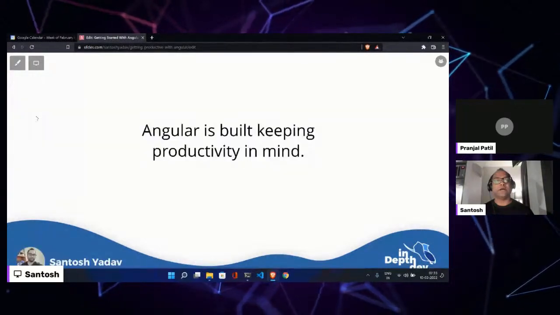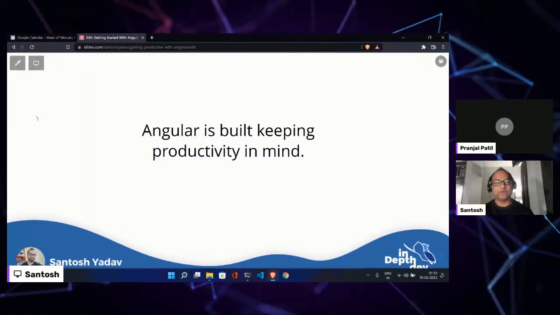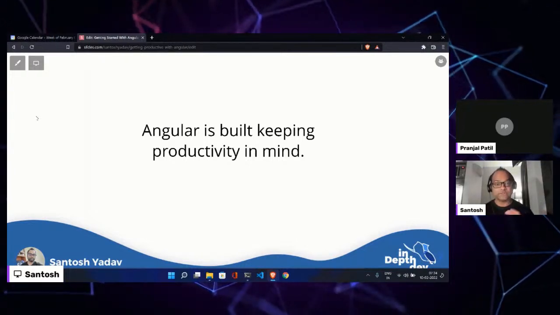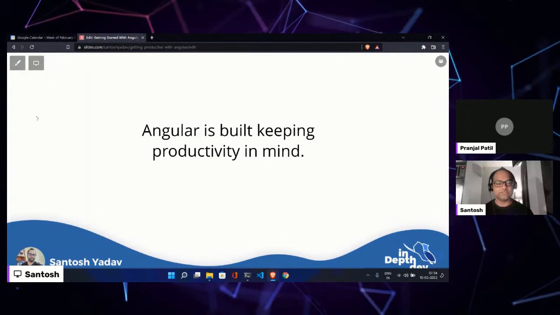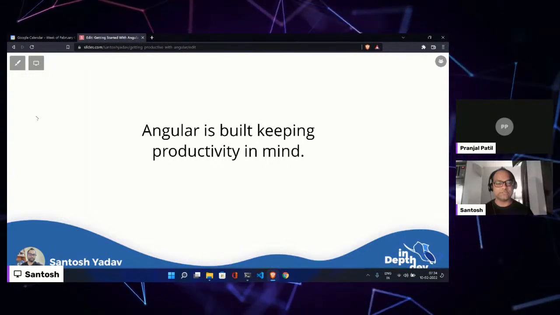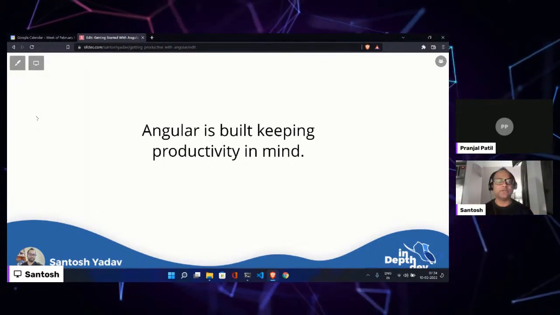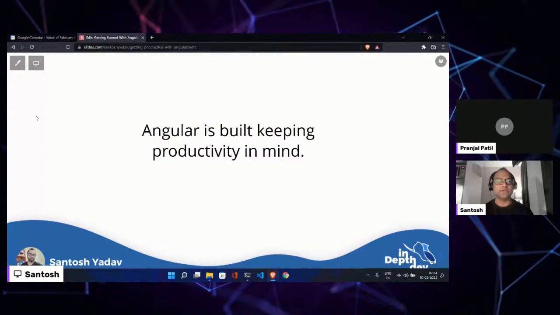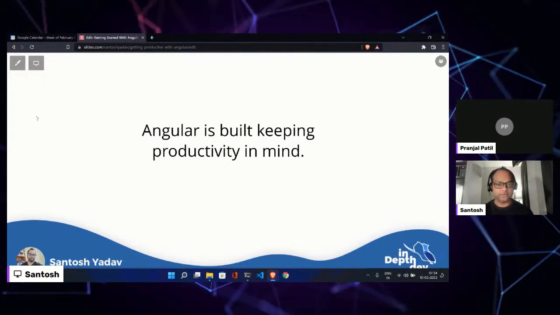So why should we use Angular? Angular really shines in enterprises where productivity is really important. Angular lets you bring your product to market a lot faster, because it was built keeping productivity in mind. It uses the latest tool sets and uses TypeScript from day one. It has a lot of amazing features in terms of how to make API calls, how to create forms, how to do dependency injection, or how to use services. It also keeps releasing every 6 months, so it's always up to date.